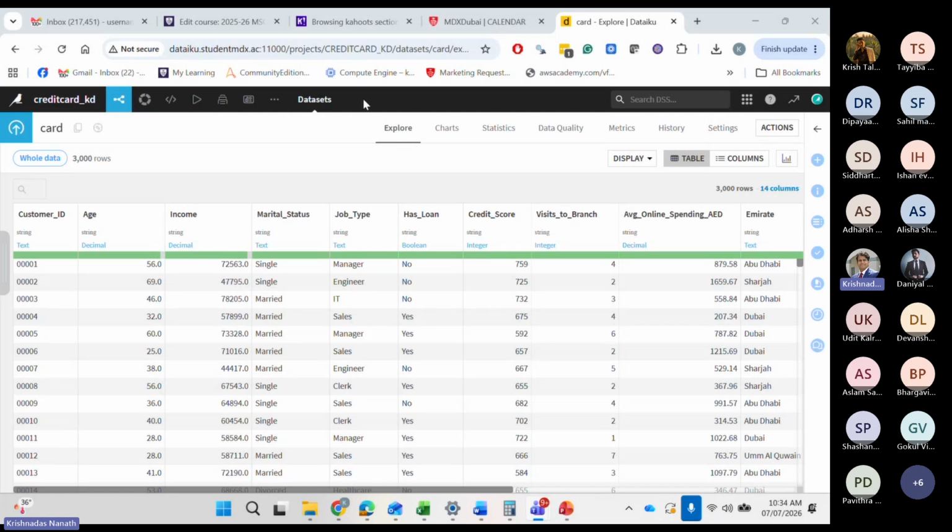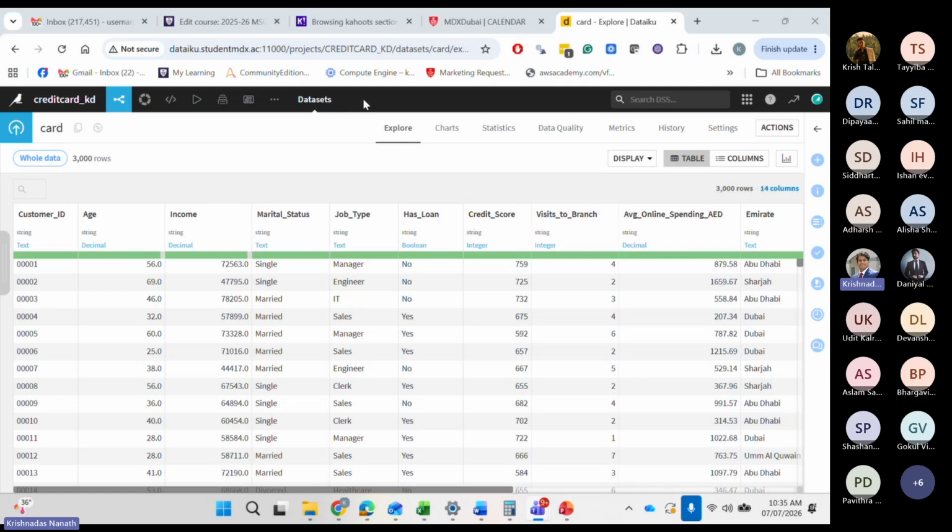Now, let's have a look at what kind of data we are looking at. So you see every row, and that's how you start thinking about data. What is represented in every row? Customer one, customer two, customer three, which means I'm looking at customer data, clear cut. Now I look at the attributes of the customer: age, income, marital status, job type. These are all self-explanatory, so you don't even need to check the metadata to know what these columns are.